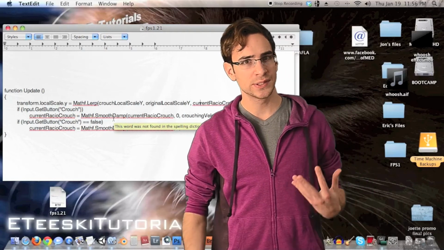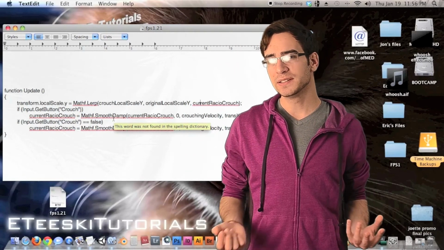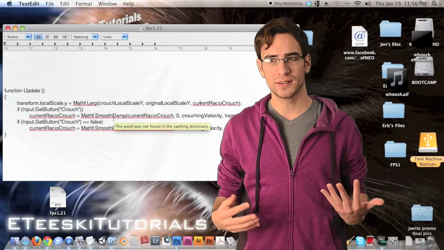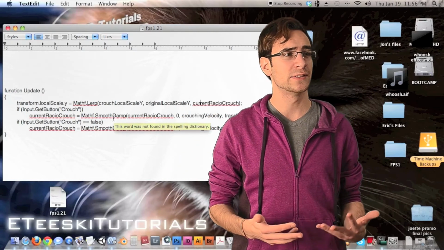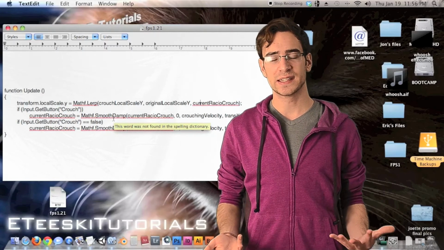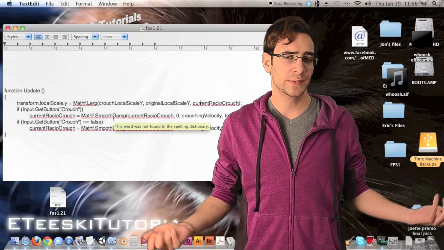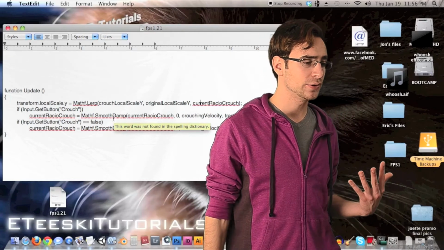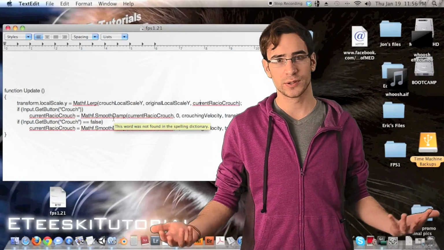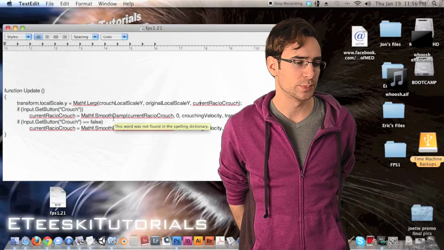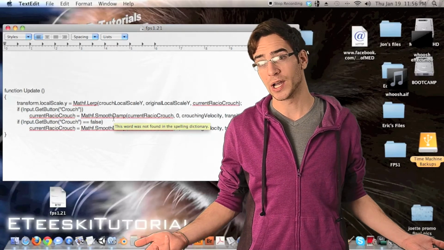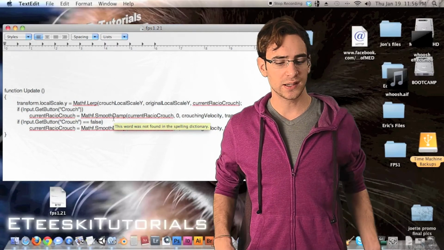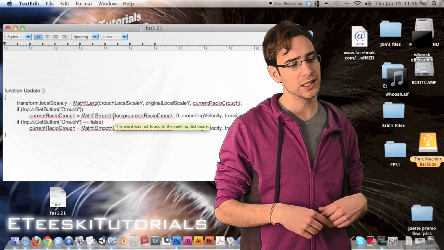But I've experimented with this a little bit, and it really doesn't seem worth it to put the code in there to make it stick to the ground, because from the player's perspective, you literally cannot see it. It is such a subtle difference. Later on, we might do some advanced tutorials, but it's just overcomplicating something that we might as well leave simple for now. So with that being said, let's cut the green screen and go into Unity